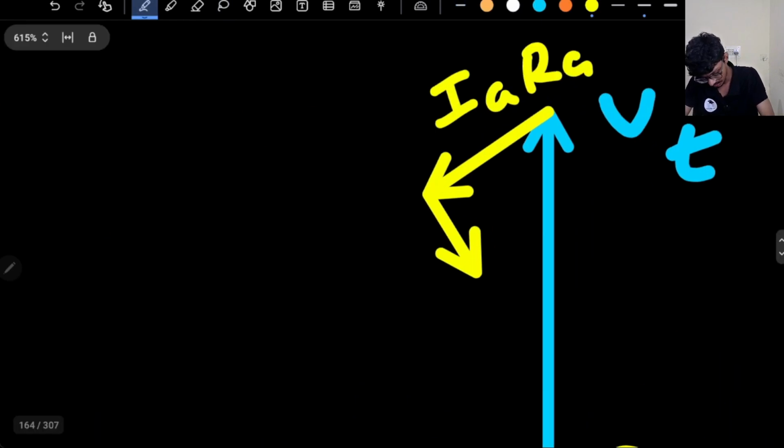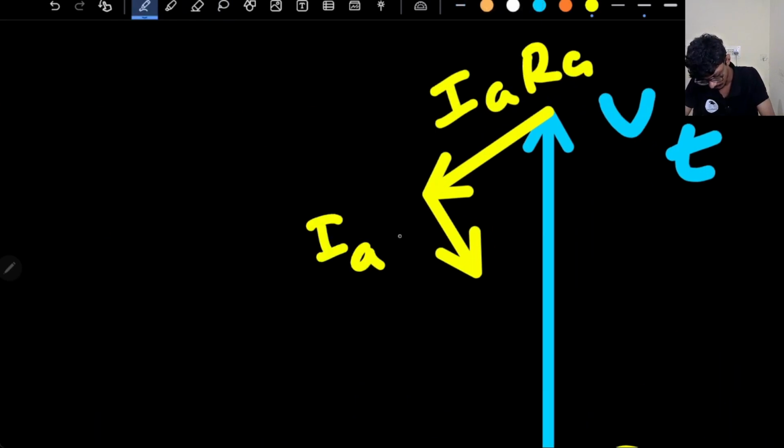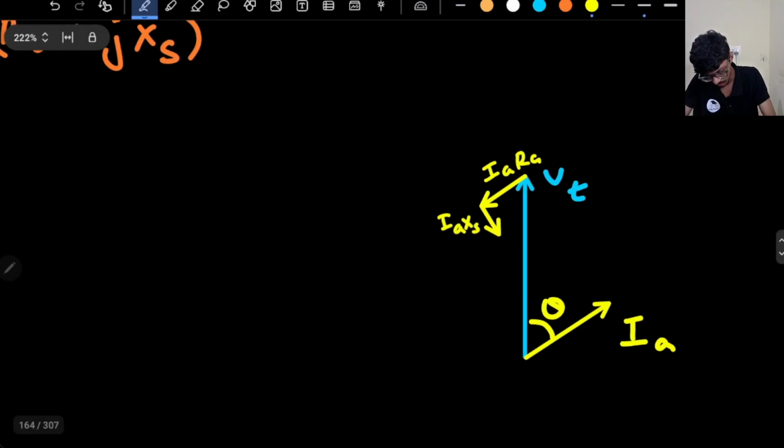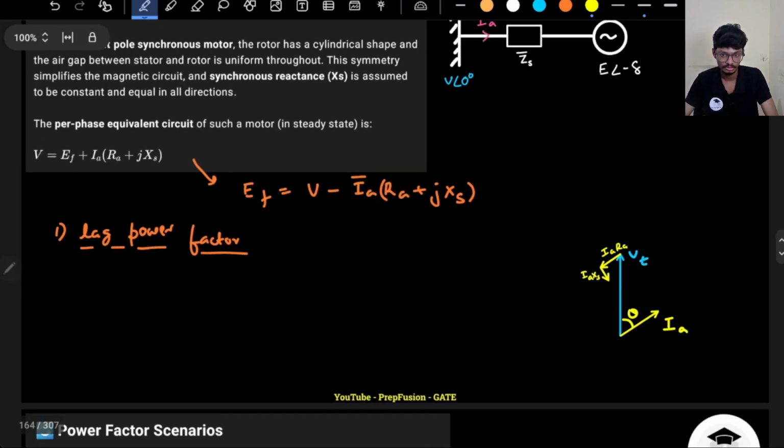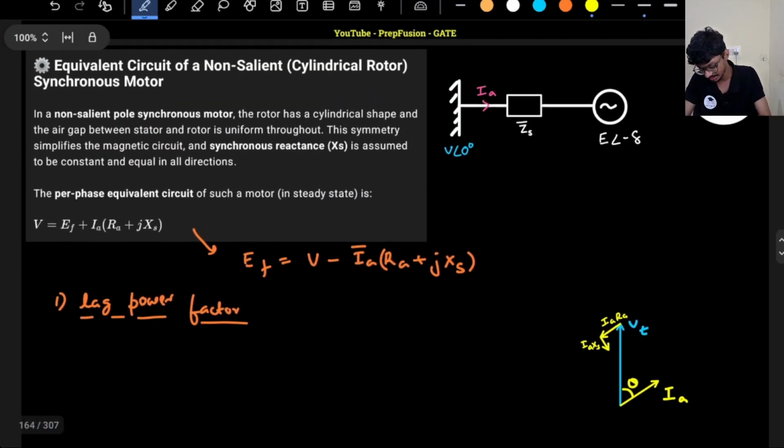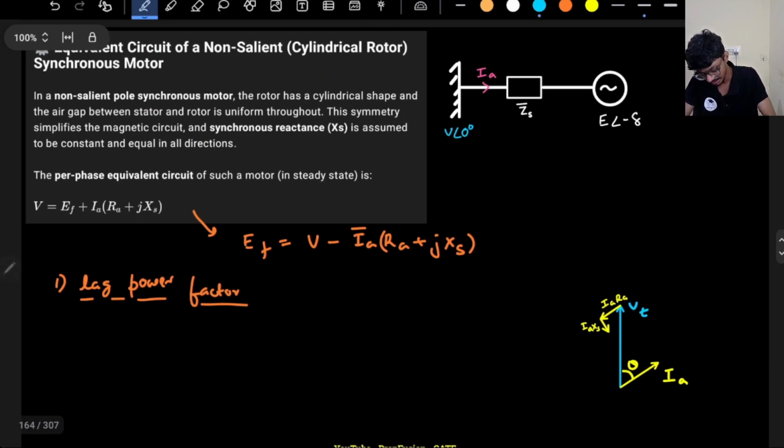And this is IA into XS. So it will just be the opposite. The lagging case will be just the same as the leading case of the, what? It is just dual, right? Leading case of